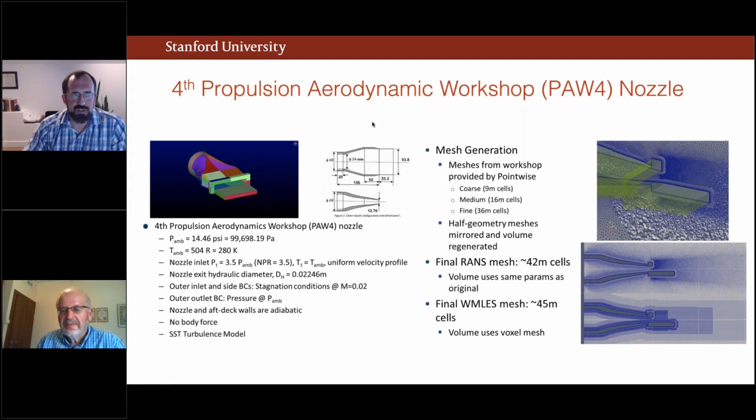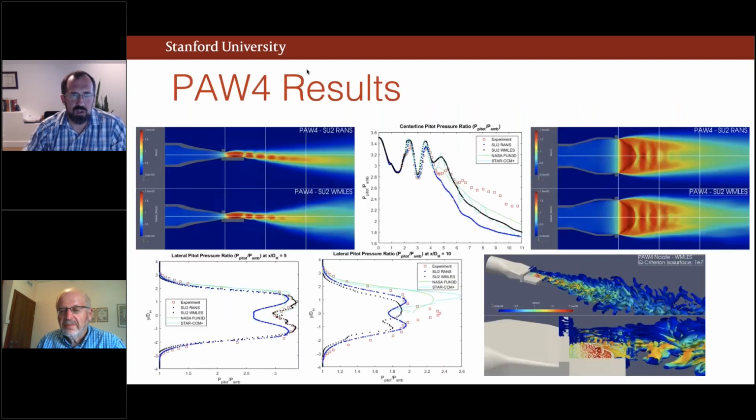Suffice it to say that we also looked at flow through a high aspect ratio rectangular nozzle, and we used both the RANS and wall modeled LES capabilities of SU2. The results were quite good, very promising. You can see in particular close to the nozzle exit, the wall modeled LES does a very good job. Looking back, we do think that if we extended the mesh refinement region a little further downstream, we would have gotten better results away from the nozzle using the wall modeled LES, but maybe this is a candidate for some of the higher order methods that Edwin discussed yesterday.